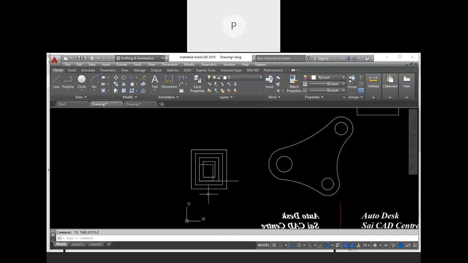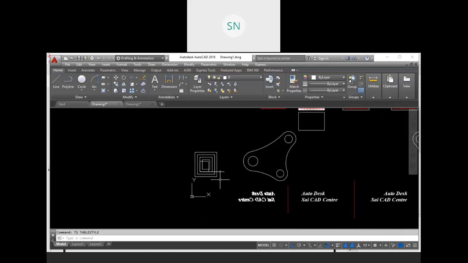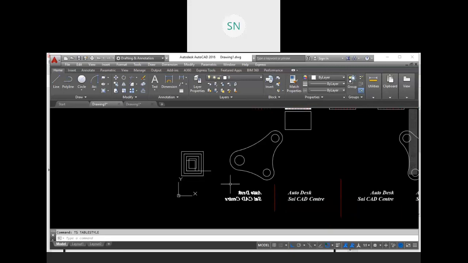Yes, please note down. M for move, CO for copy, RO for rotate, SC for scale, O for offset, MI for mirror, DT for simple text.